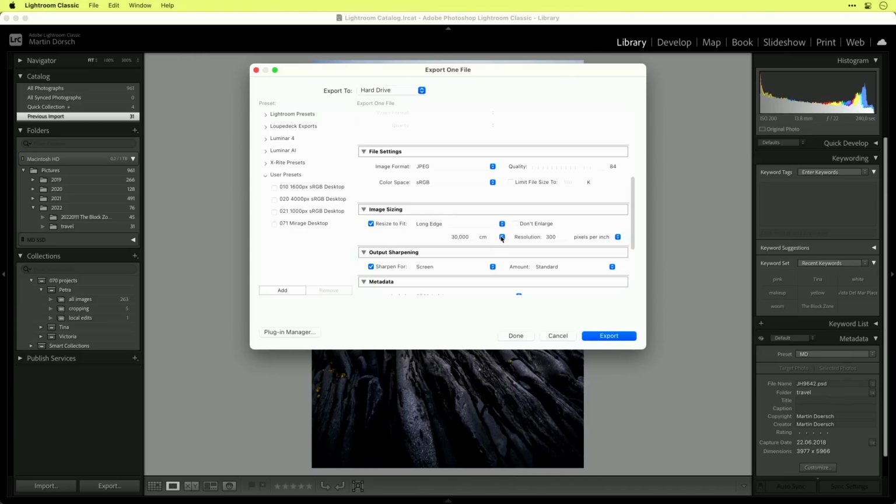But you can also switch right now, if you have the 30 centimeters with a resolution of 300 pixels per inch dialed in, you can now switch from centimeters to pixels, and you see for 30 centimeters at 300 dpi, I need 3543 pixels. But as mentioned before, I want to stay right now at centimeters.